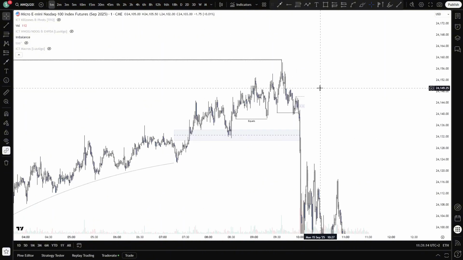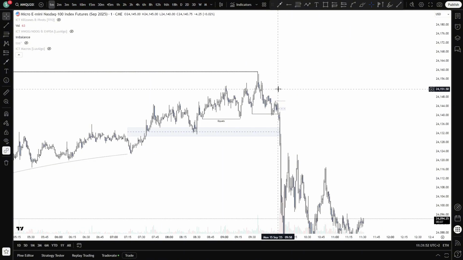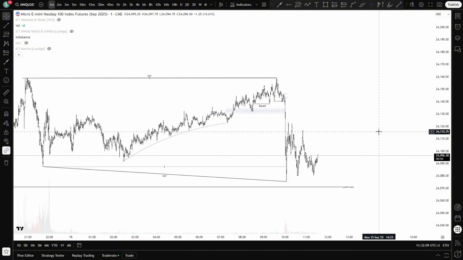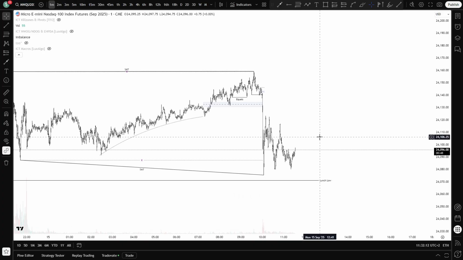So maybe I was a bit too patient here, but sometimes I forget it is NASDAQ we're talking about and not a crypto pair. You sometimes have to be more aggressive. So we prepared nicely for the move. We had a plan ready. According to the plan, we didn't get an entry, unfortunately, but you don't always get what you want. Next time, we will get the move.